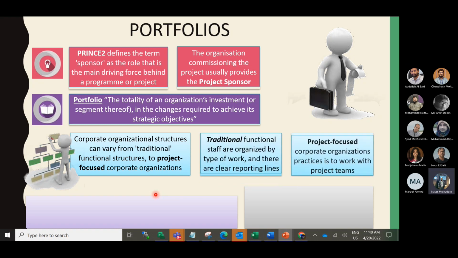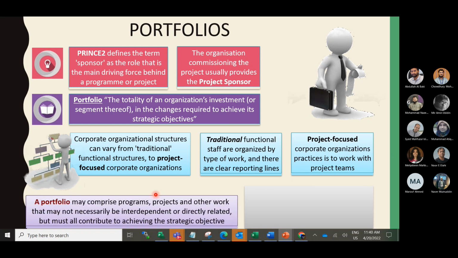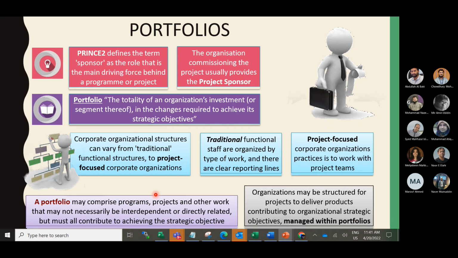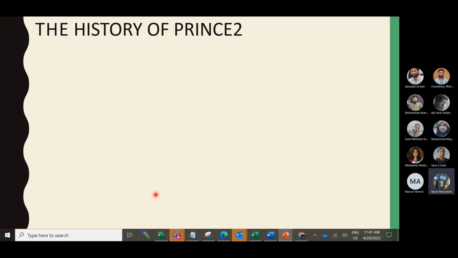A portfolio may comprise programs, projects, or standalone projects, which contribute to the strategic objective. Organizations may be structured for projects to deliver products contributing to the organizational strategic objective, managed within portfolios.